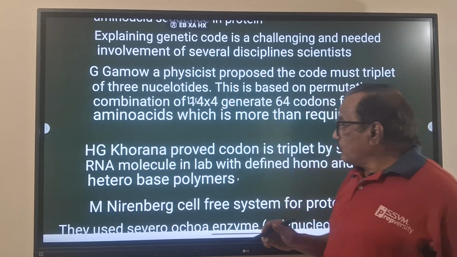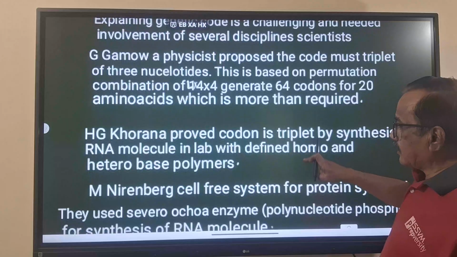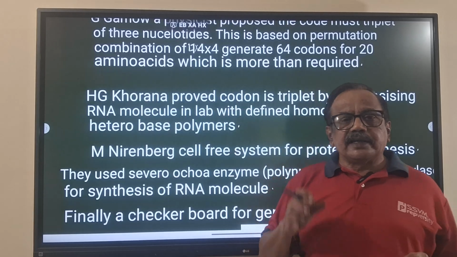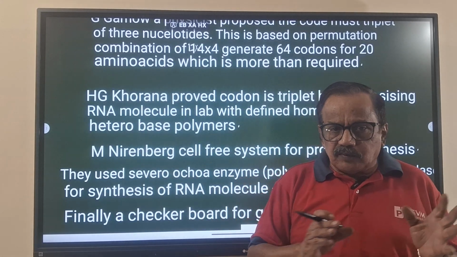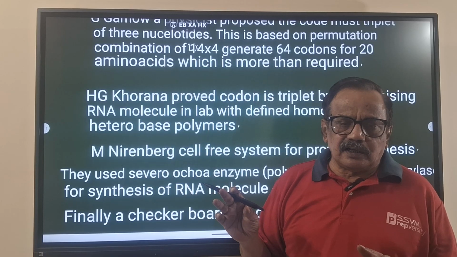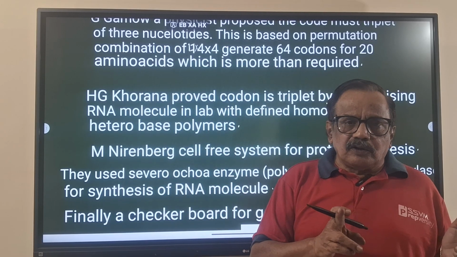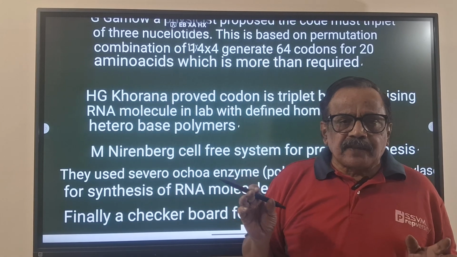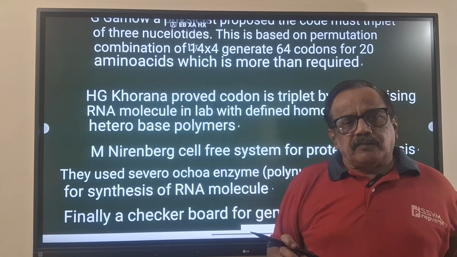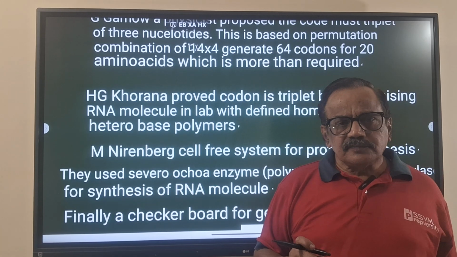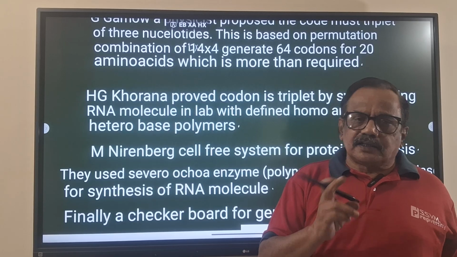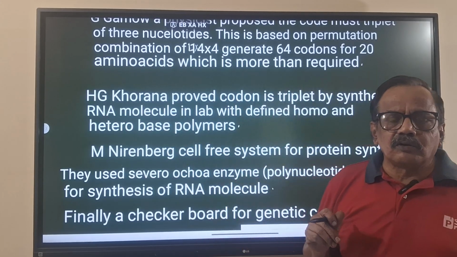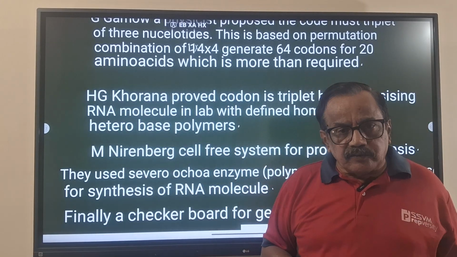And now one more scientist, Nirenberg, did cell-free synthesis for protein synthesis. What did he do? They already knew how to form the RNA molecule artificially. Based on that RNA molecule, they took free ribosomes, kept them in the media, and he prepared a protein. So in cell-free conditions, they synthesized the RNA molecule, and from the RNA molecule they synthesized protein also. In these experiments, what did they come to know,